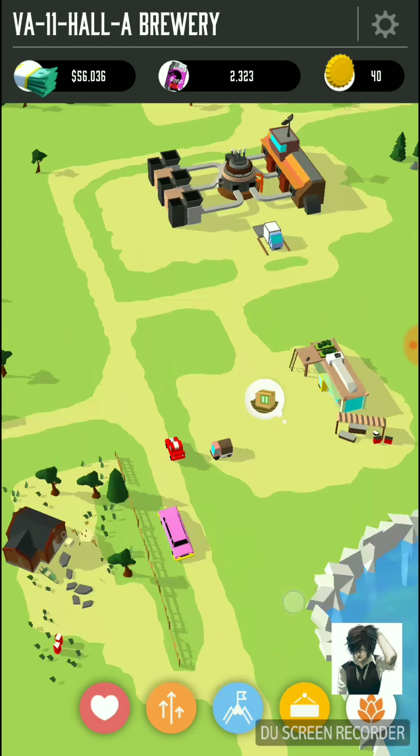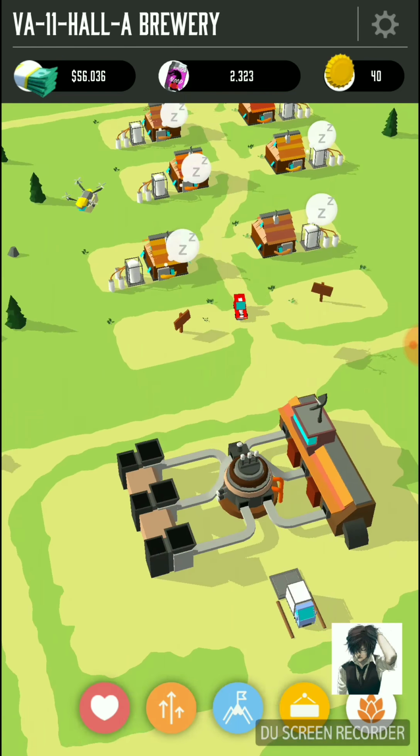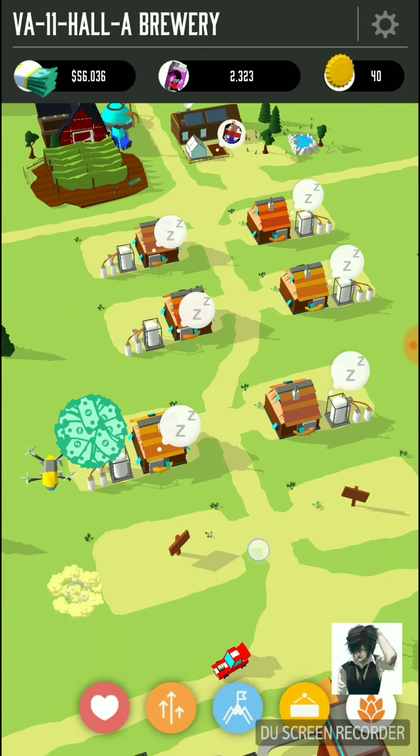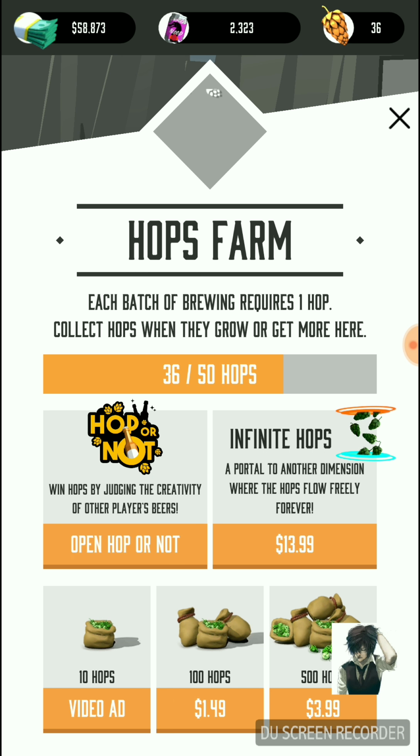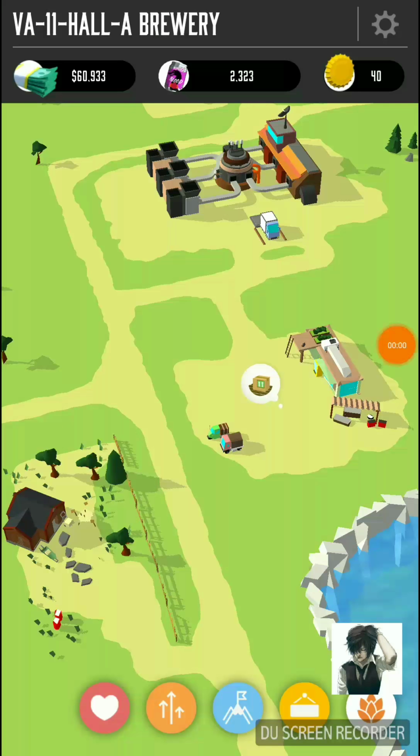Trying to think if there's anything I missed. Talked about the brew, I mean, the bottling station. It's kind of self-explanatory. The only thing I really didn't talk about is a farm, but it's kind of self-explanatory. There is a mechanic in here that allows you to buy the...